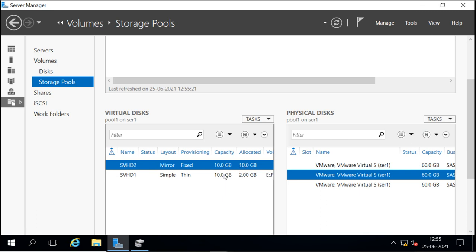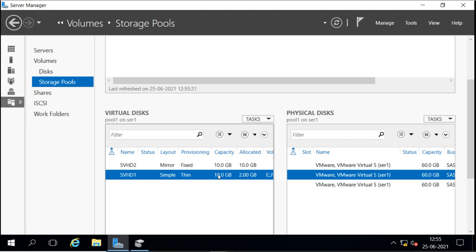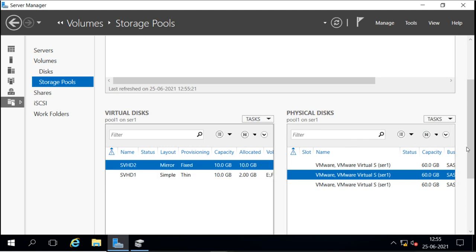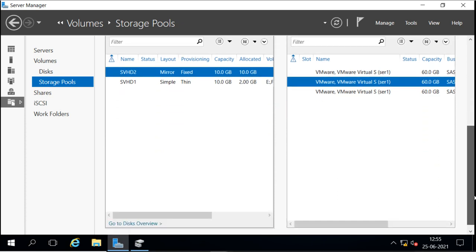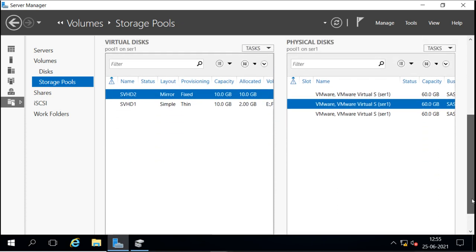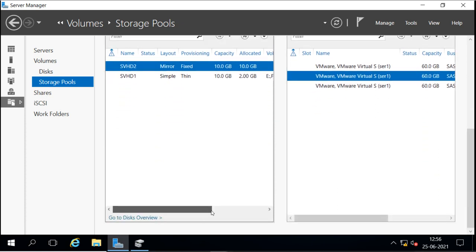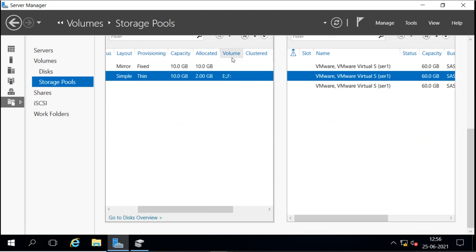This one is thin provisioned, so 10 GB is the full capacity, but it is right now using only 2 GB. But this one is using the whole 10 GB from the storage pool. Also these two volumes are created under this, and under this there are no volumes created.